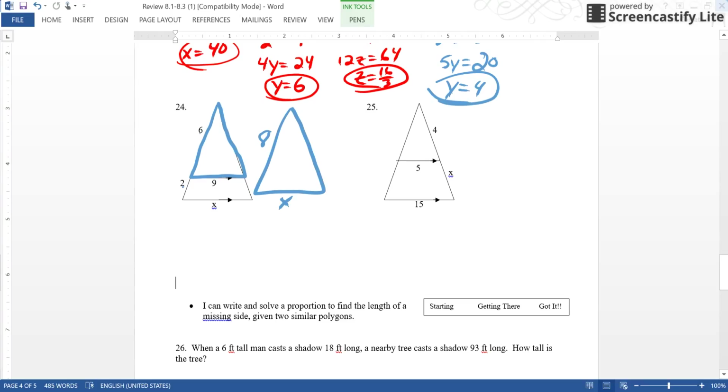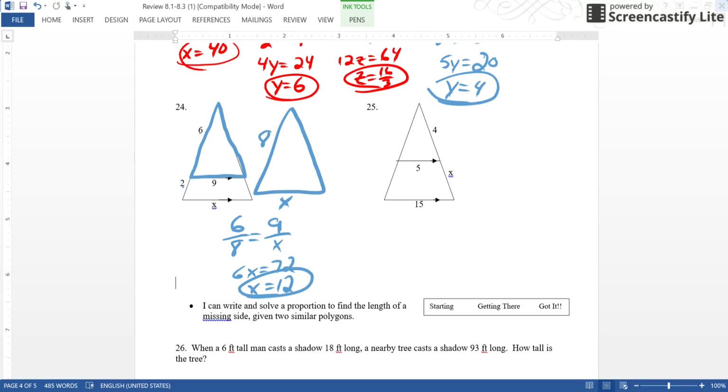So I'm going to say 6 over 8, corresponding sides, equals 9, the bottom of the small triangle, over the big bottom. I cross multiply, I get 6x equals 72, x equals 12. All right,